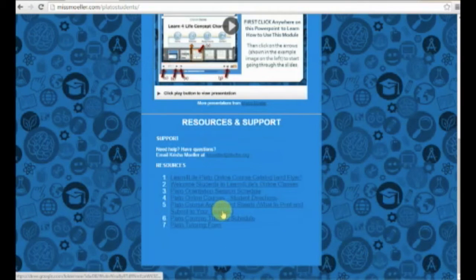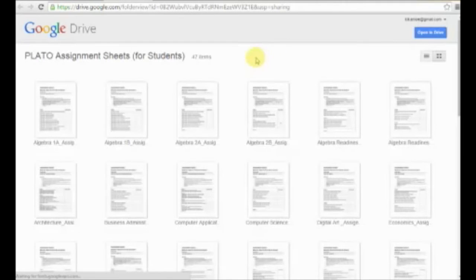Look for where it says PLATO course assignment sheets, what to print and submit to your teacher. So look down here, PLATO course assignment sheets, what to print and submit to your teacher. I'm going to click on that. When you click on it, it's going to open up this folder inside of Google Drive. So here are all the assignment sheets for every single class that you could ever take